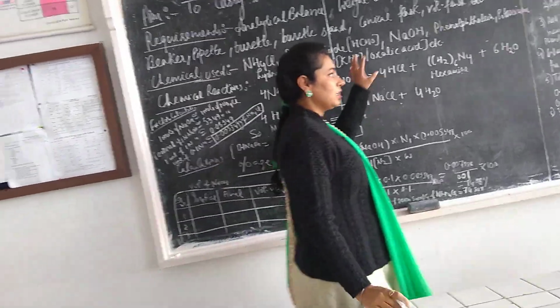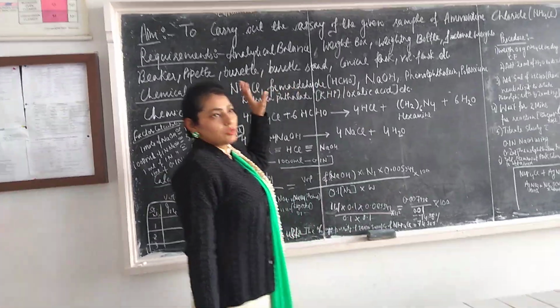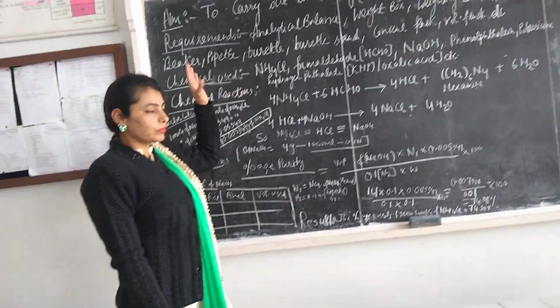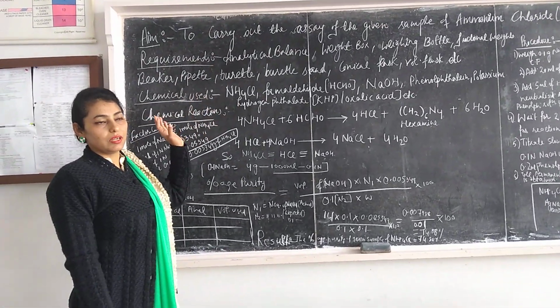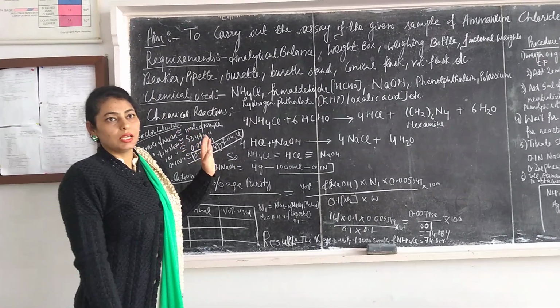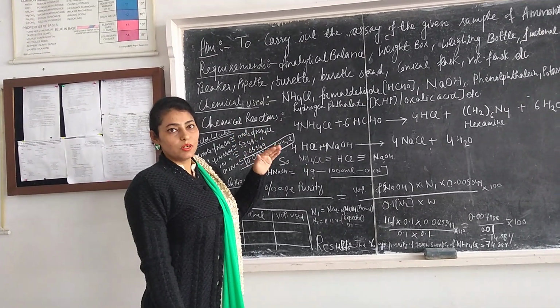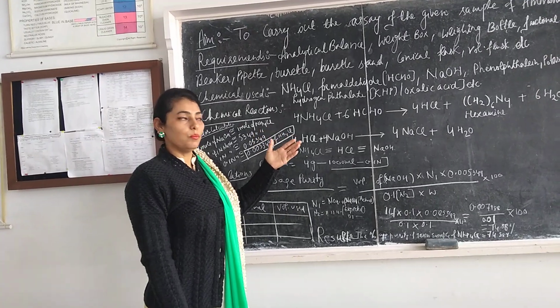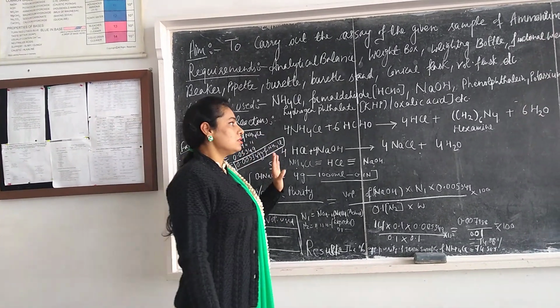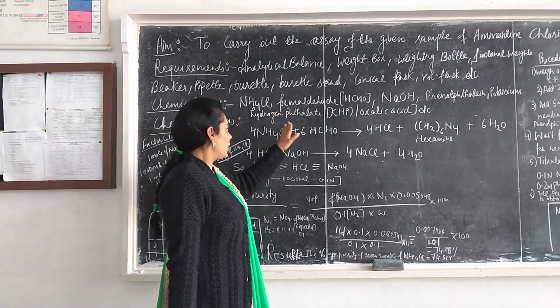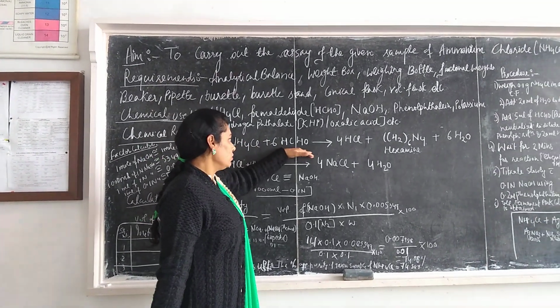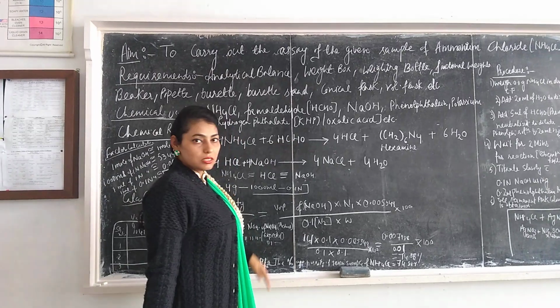And the principle of this assay is, it is based on the acid-base titrations. Under acid-base, basically it comes under our alkalimetry assay. Alkalimetry में students क्या होता है? We are standardizing our assay with the help of our standard base solution. So in this practical particularly, assay of our ammonium chloride, it is first treated with our formaldehyde solution.